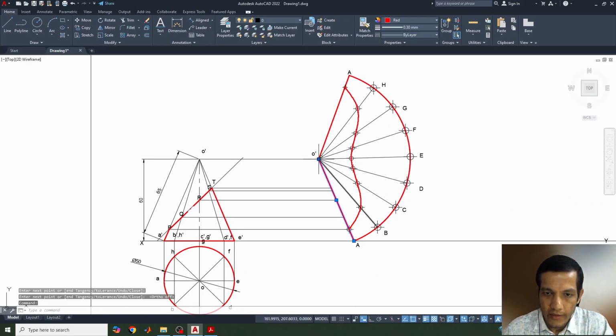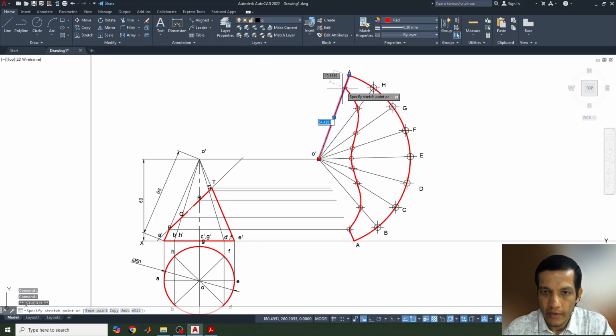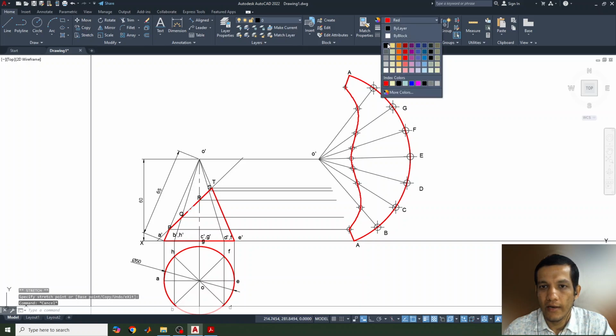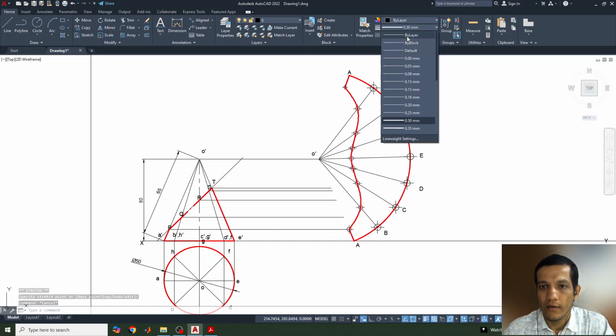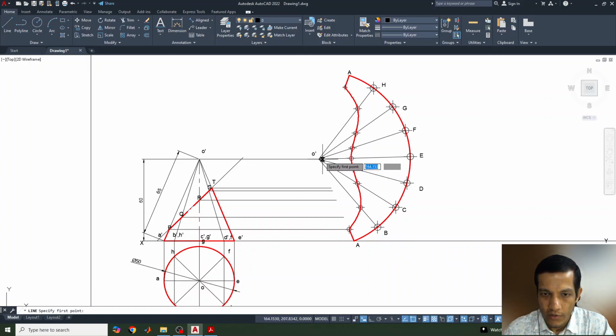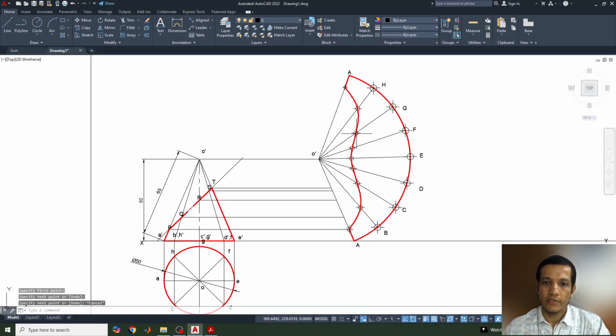Now the thing is, everything will not be highlighted. So I'll take my position back on this line, because that is the cutting part, so I need to mark it up to here. And the other lines we can draw as normal lines. From here I'll just join up to here, and from here again we can join up to here. Okay, so this is the required development of a cone